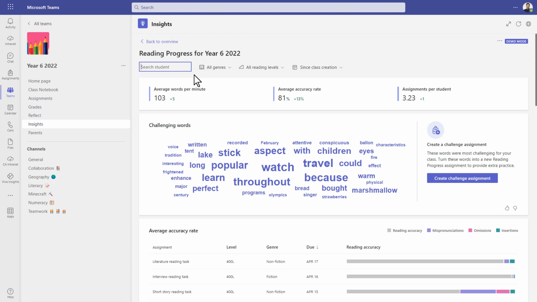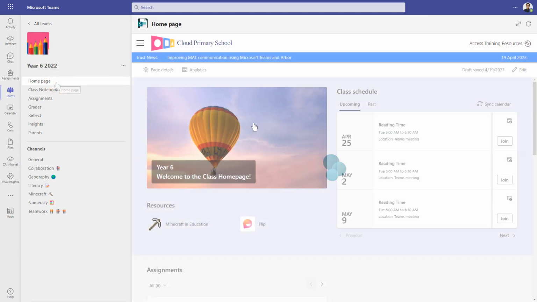Now, if you'd like your students to be able to view this word cloud, there is an option to use it as a web part, which you can surface on the class homepage. Let's take a look at that. I'm going to navigate to the left and click on class homepage. If you'd like to add this web part, we need to go into edit mode,